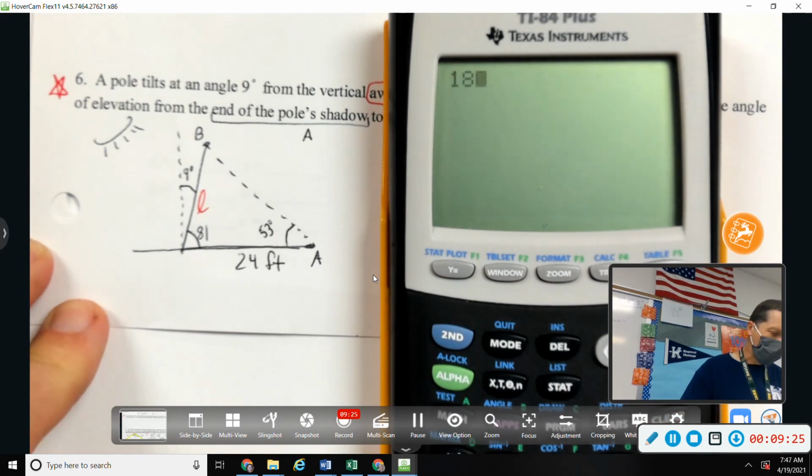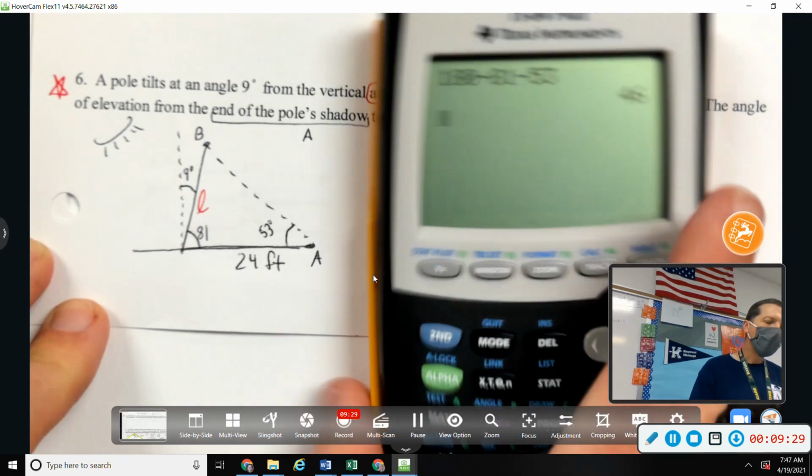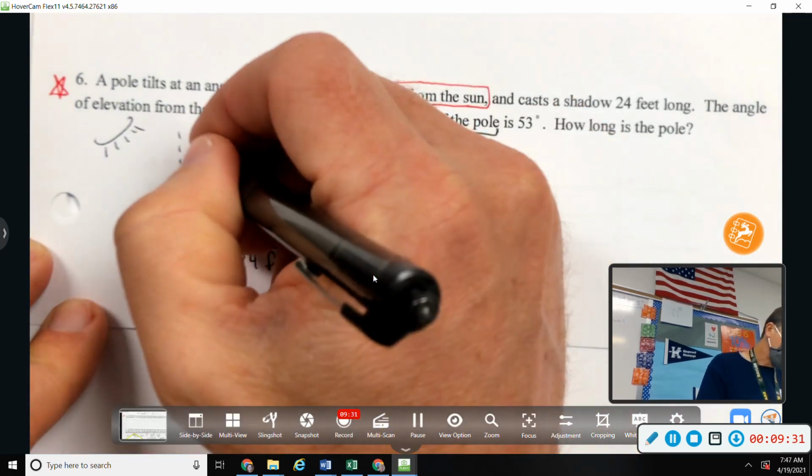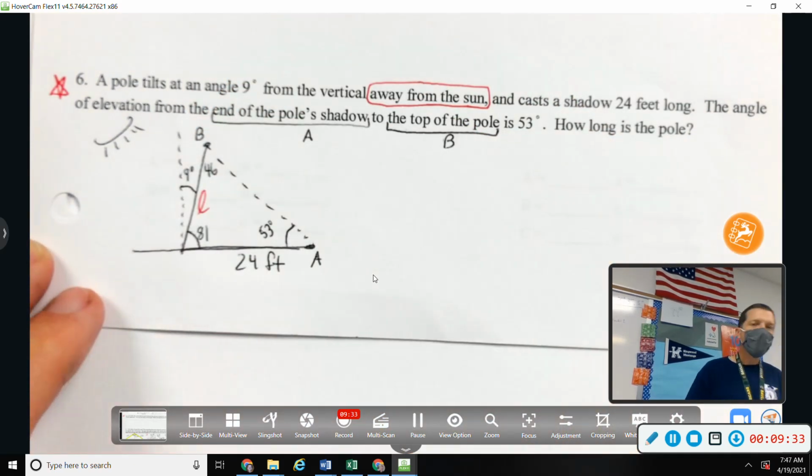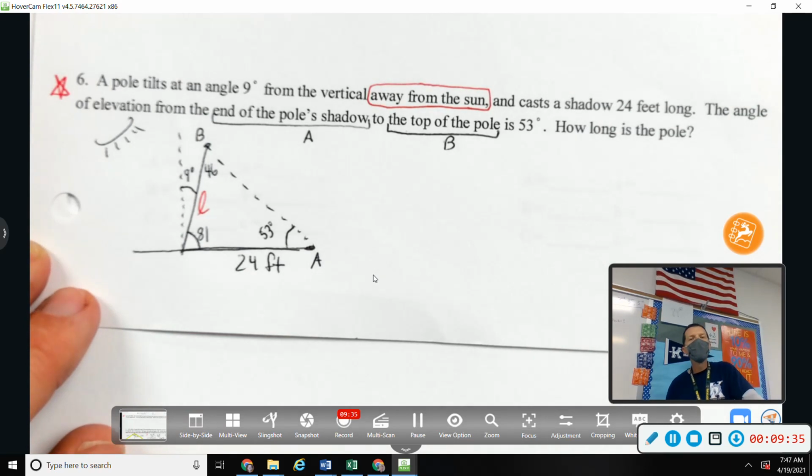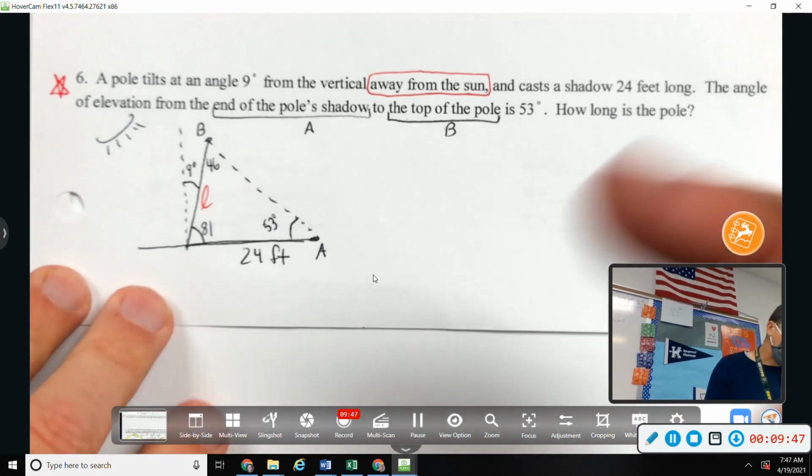I don't know, but I know how to get there. 180 minus the other two is 46. Now, do you want to do law of sines or law of cosines? Sine. Actually, you could do either one, since you know everything. No, do law of sines, which we'll do because we haven't done law of sines today. So,